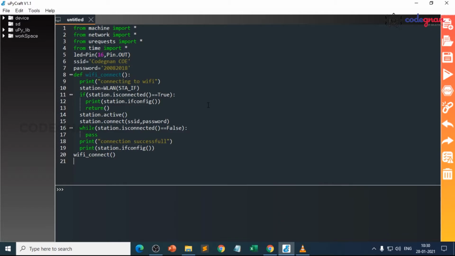Next we'll write a small function for reading data. Before that, we need to go to the ThingSpeak cloud and copy our API here.